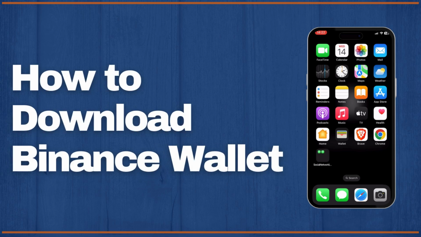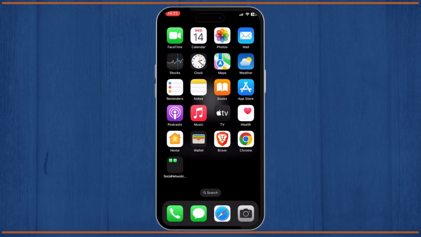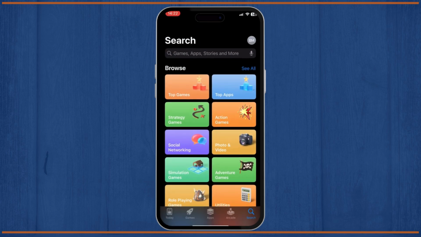How to download Binance on your iPhone. Now, Binance is one of the safest crypto exchange platforms. It has the highest level of security, and it allows users to trade in both crypto to crypto or crypto to fiat. Now, to download Binance, what you can do is just open up your App Store or your